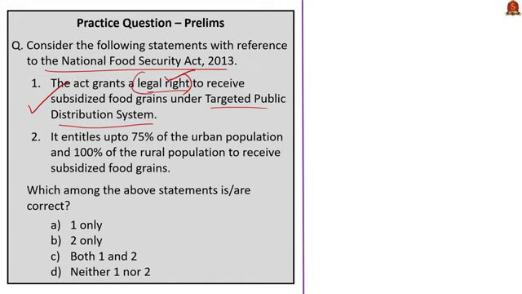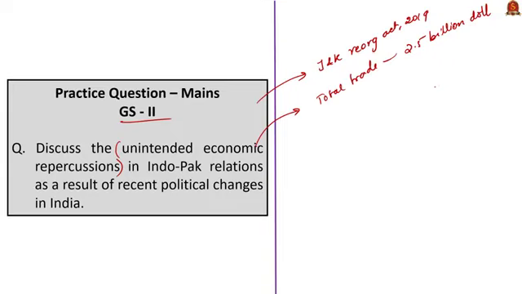Then for the unintended economic repercussions, you can give some facts such as total trade between India and Pakistan was $2.5 billion in 2018 to 2019, and Indian exports were $2.06 billion and Indian imports were $495 million. And you can say that this has now changed and it has reduced. Then you can also say how this affects the border economies because they are dependent on the cross-border economic opportunities. You can give the example of Amritsar, which is totally dependent on